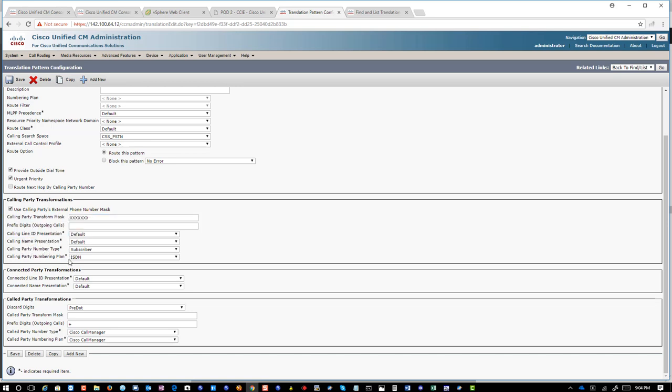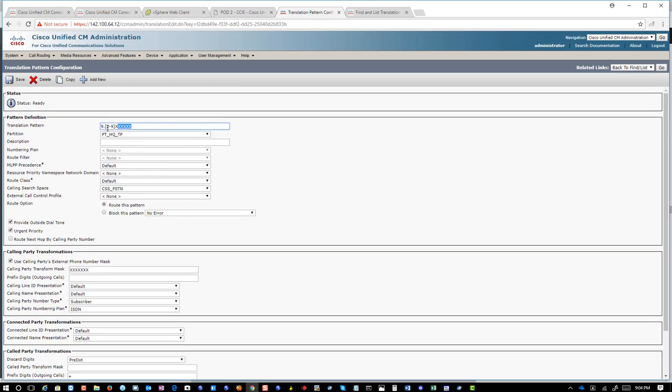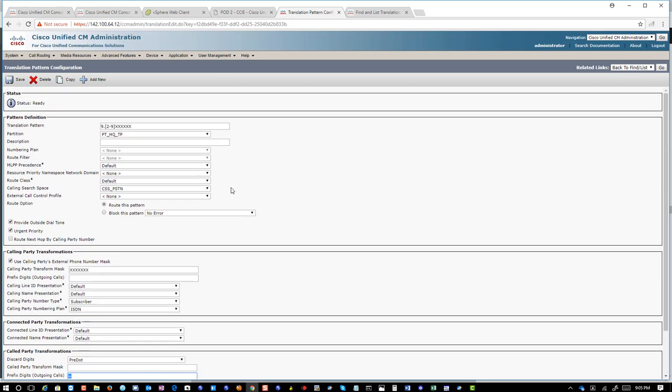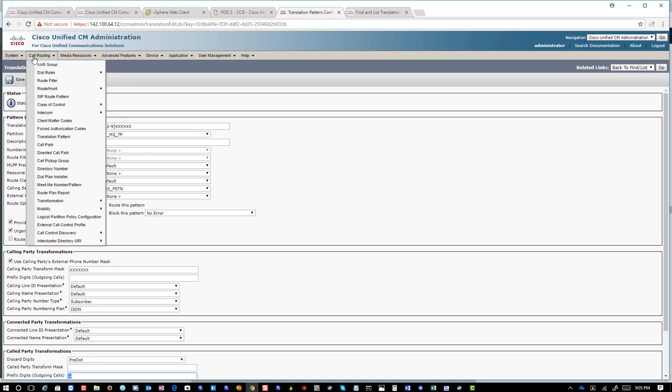Number type should be set to subscriber. Plan type is set to ISDN. And we're going to convert this: drop the 9 because of this pre-dot, and add plus, so it will be plus followed by the 7-digit number. So once this is done, you will go back to